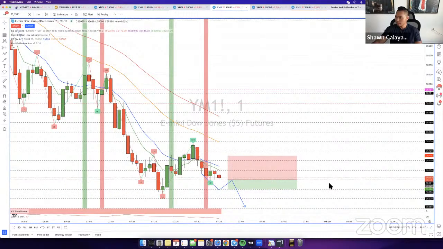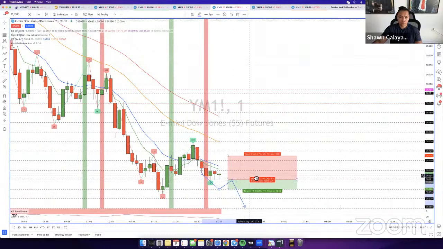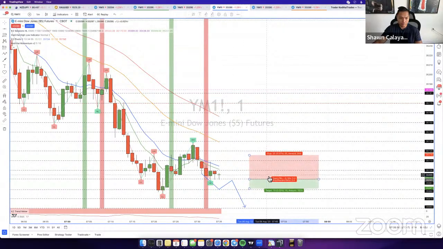Yeah, C6 said retaining capital for a day with higher probabilities is much better than taking entries with a day with lower probabilities. Yeah, I agree with you too. 100% C6. So I'm not forcing anything here. I'm just waiting for this to come down. If this doesn't come down, then no entry.